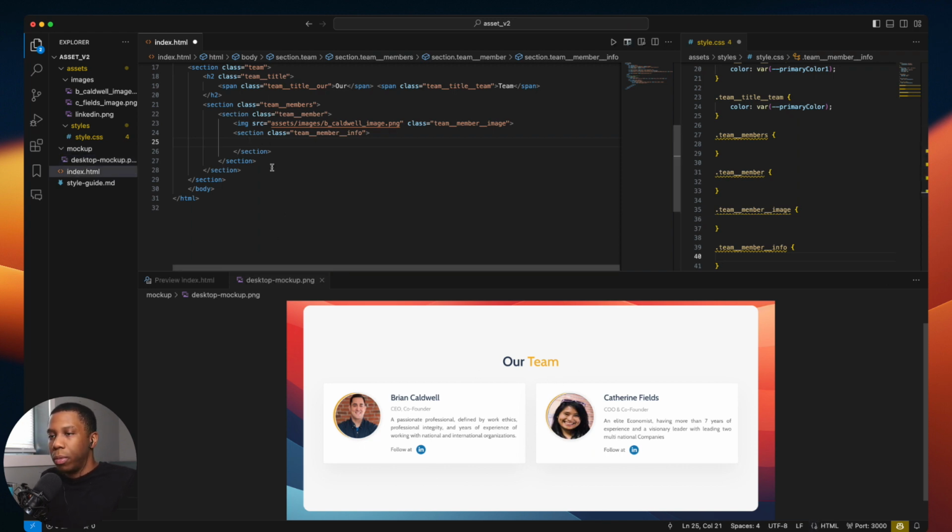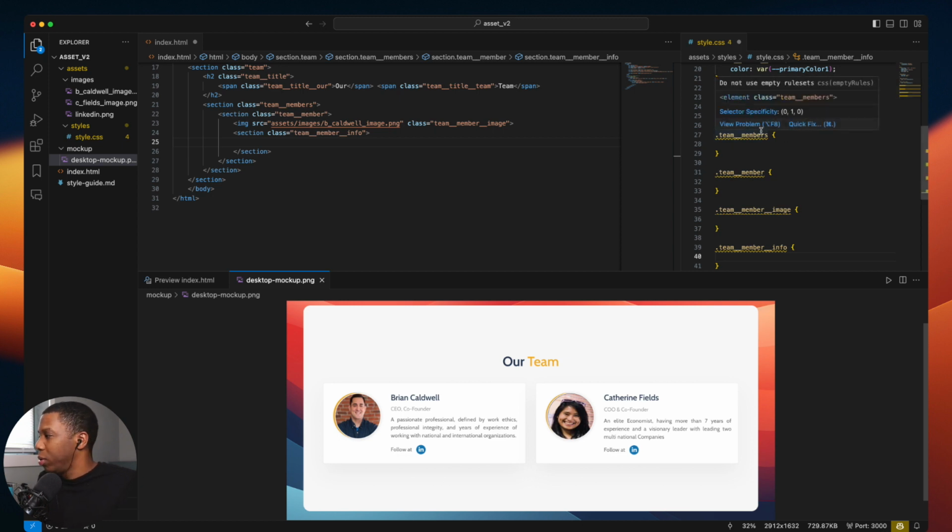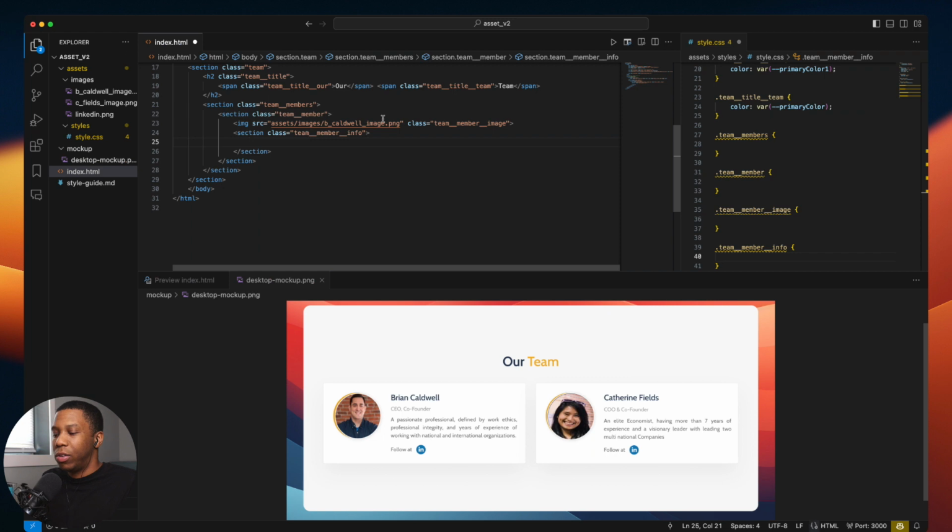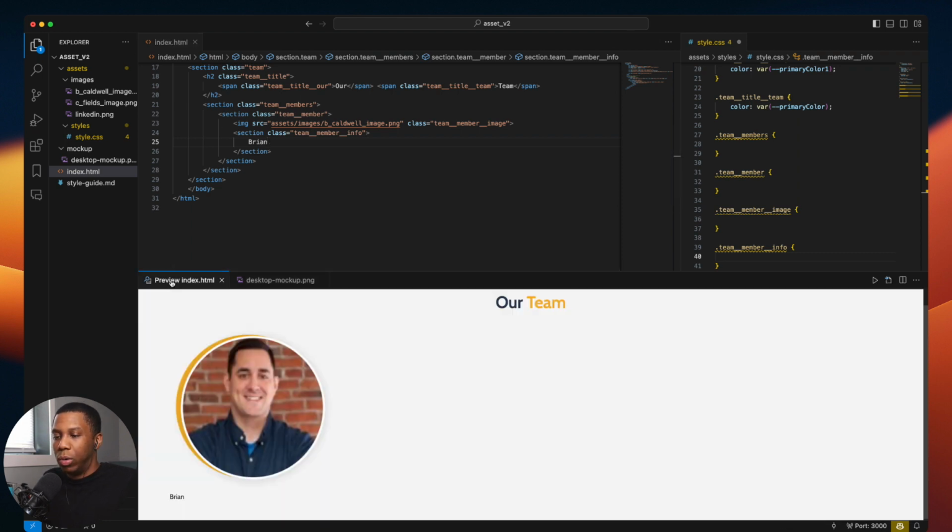Now we're going to need to add the team member name. And so, as you can guess, instead of just adding it directly, as Brian in our file, as we can see, okay, it shows up. That's not the final location that we're going to add it, but we're just doing it for demonstration purposes. What we're going to want to do is